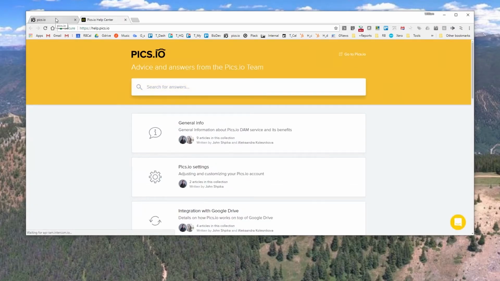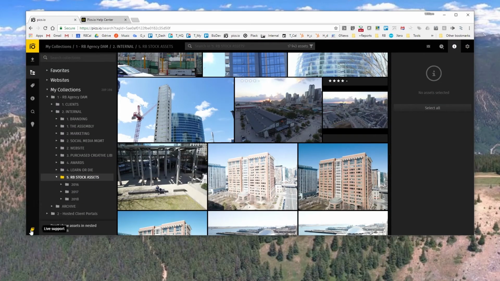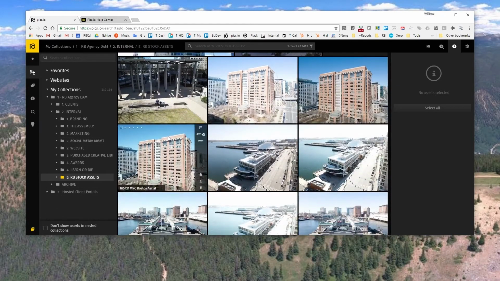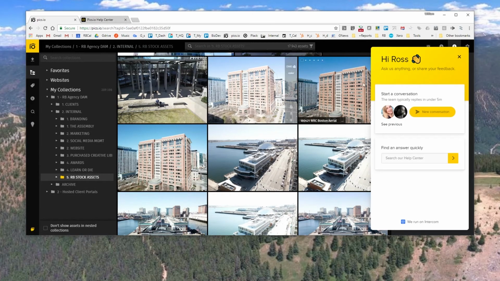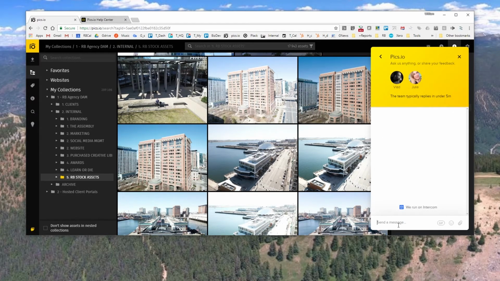One other thing that I would definitely recommend Pix.io for is there's great support. I've been super impressed by their support staff. I haven't needed it a lot lately, but when I was importing my library, there are some headaches that come with putting several terabytes into a new system. So I did occasionally have to have support, and honestly, they were super cool. Anytime I wanted, I could start a conversation with them, and